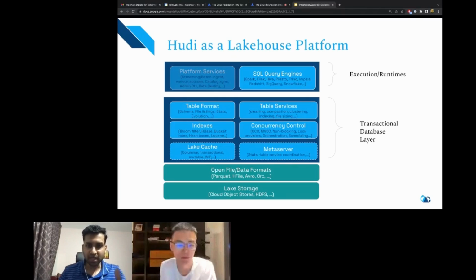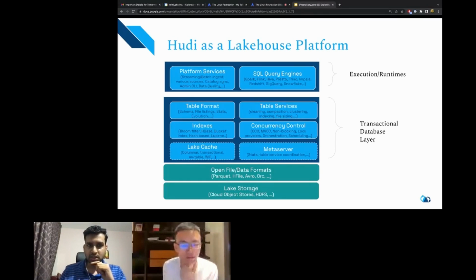It runs compaction in the background for you, given that Hudi's design is more akin to log structured storage systems. It provides you the capability to build indexes. It supports two different models of concurrency control mechanism. It also has a separate meta server, which is then used to sync all metadata. And subsequently, all of this is utilized by the query engines, or all these different services can be utilized by